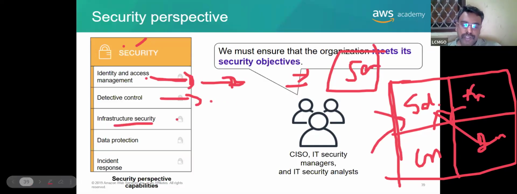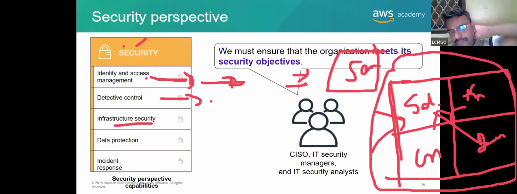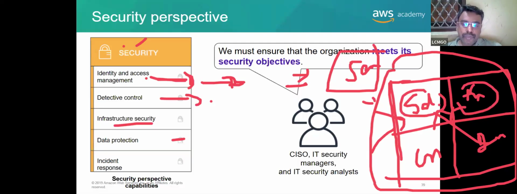Right? Next, infrastructure activities. Just now I told you, we are fully covered with this infrastructure. Infrastructure is fully secured. Data protection, just now I told you, the folder and file access to be given is called your data protection. And another one is incident response. Incident response means somebody tries to authenticate or illegally access your file or folder. Now what should happen? Some alert message should come. Correct? That's what incident response is.